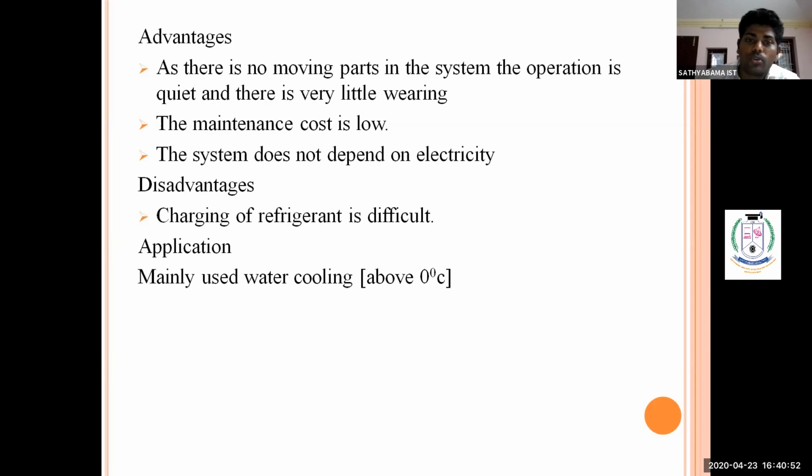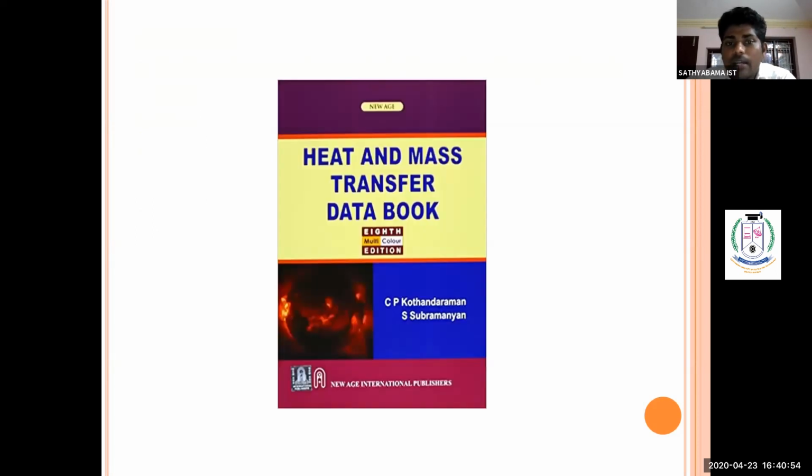So next slide I'll be showing. This will be the heat and mass transfer data book. Here you can find the values of thermal conductivity of any material, and you can find the value of thermal diffusivity of any material. Suppose you have a composite wall or a plain wall, what will be the heat flow rate? The heat flow rate is directly proportional to the thermal conductivity and area. Those values you can also find. So thermal diffusivity and